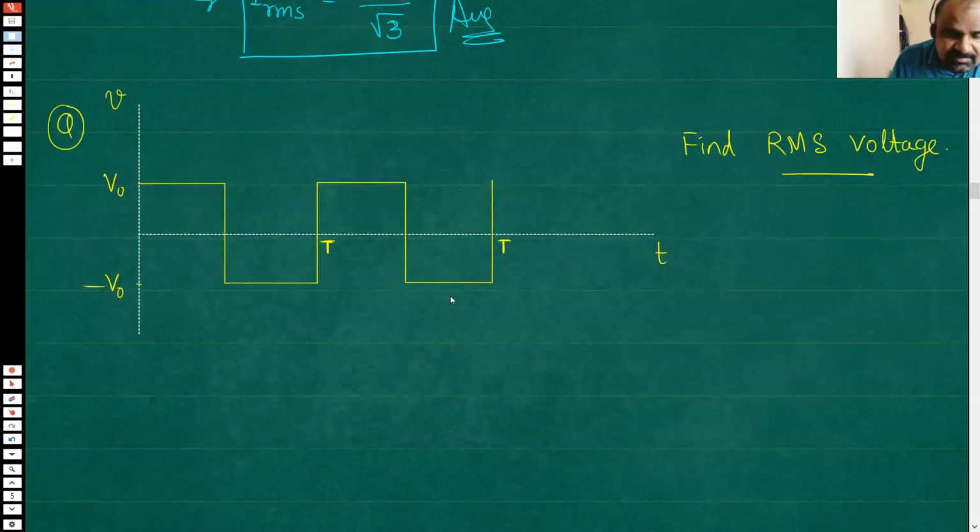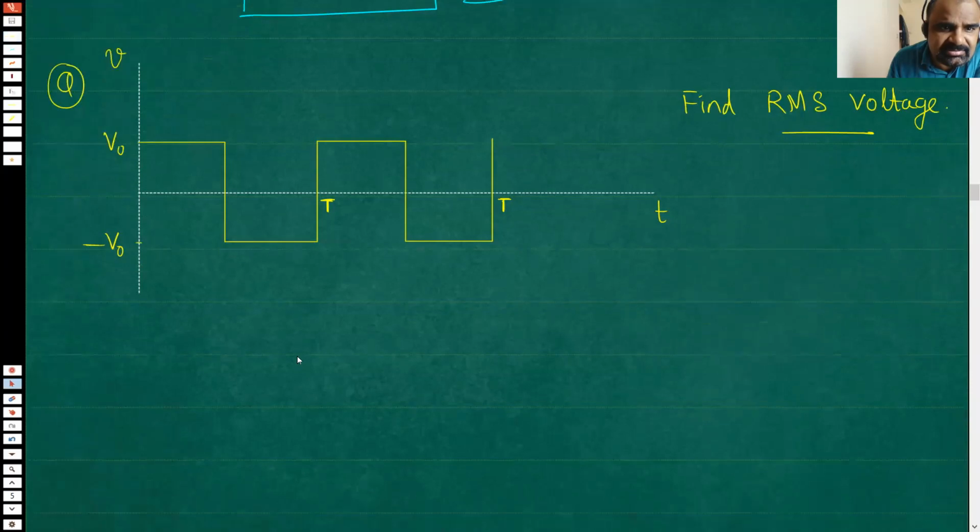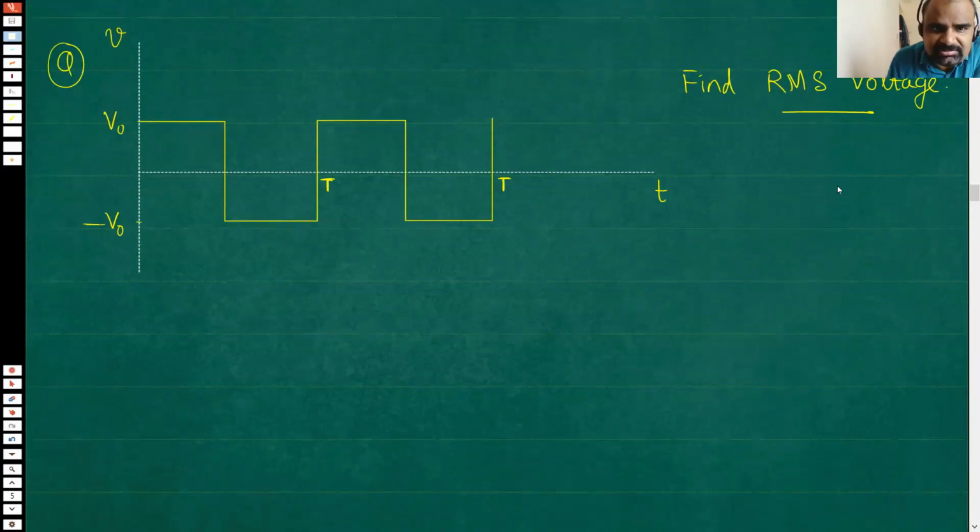So this is actually a very simple question. Just by glancing at the graph, you can actually find it. First of all, can I ask you something? What will be the average current? What average voltage? 0, sir. Yeah, average will be 0, because